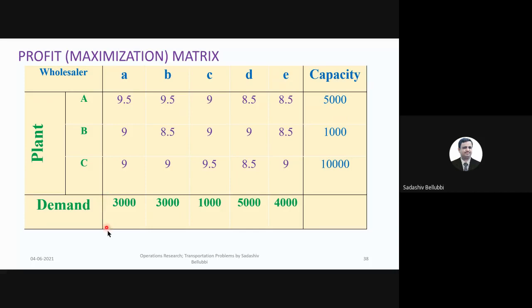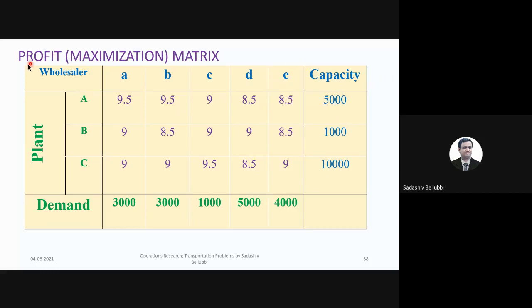So while solving the maximization problem, you should not miss this. You are supposed to write which type of matrix it is, because in the previous problems I have not explained this. Anyhow we were solving only minimization problems, so we did not worry about that. But here we are converting the maximization matrix to minimization, and again from minimization to maximization, so we should know which type of matrix it is.